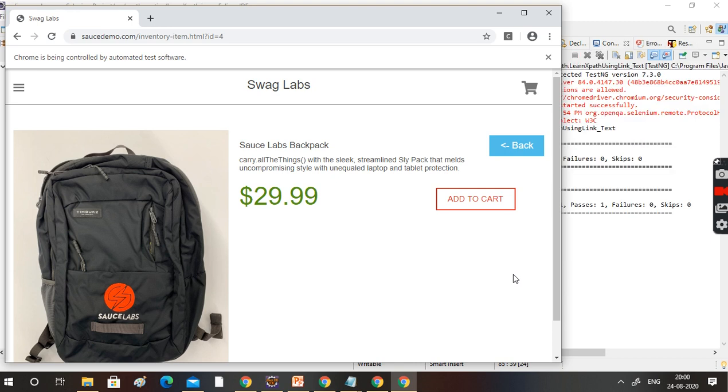See, here you go. Now you are able to see this particular bag with the amount and everything, right? That is what we did.